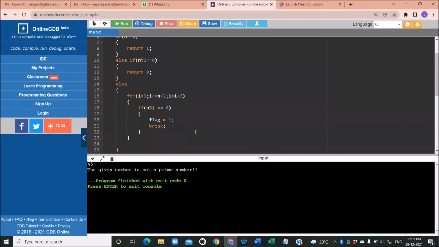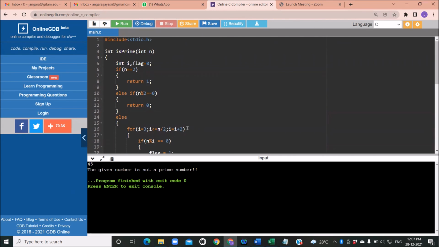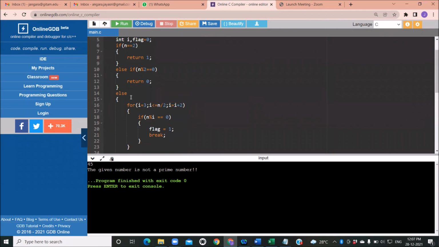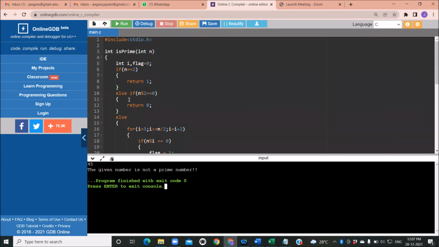So likewise, in this program, we demonstrated how a function looks if the return type is integer. In an earlier video, we saw how a program looks if the return type of the function is void. Now, in the coming class, we are going to discuss how code reusability works. One of the main uses of functions is code reusability. We are going to have a demonstration on code reusability in the coming class.